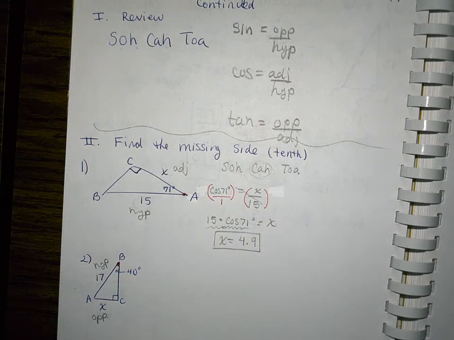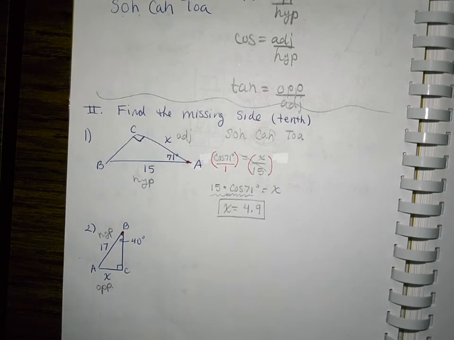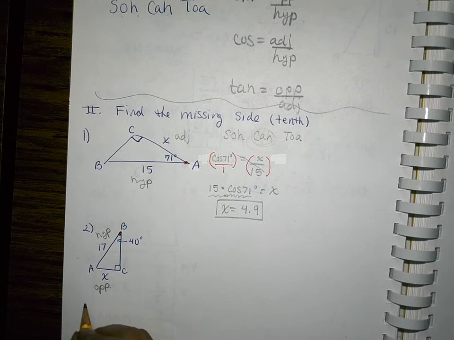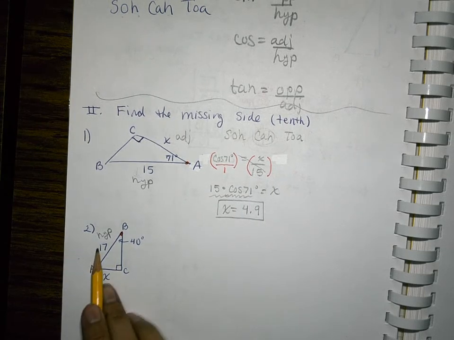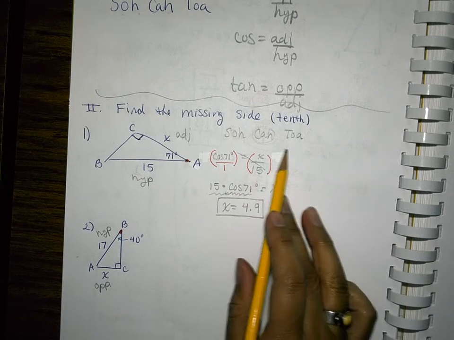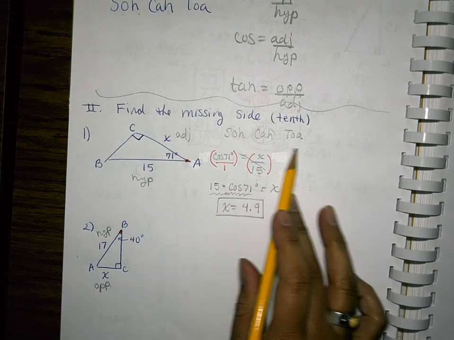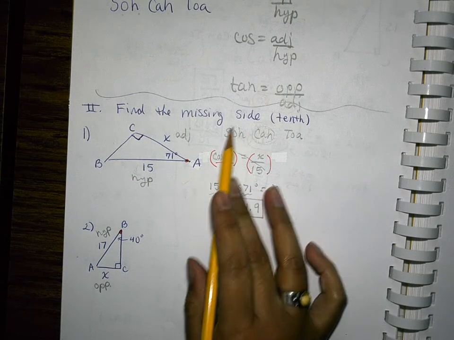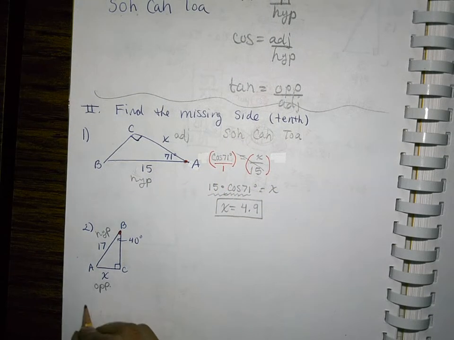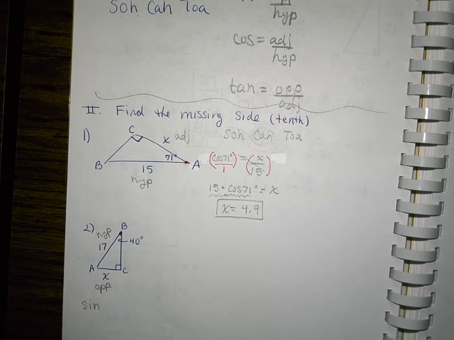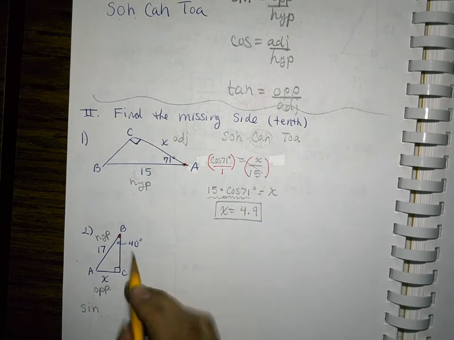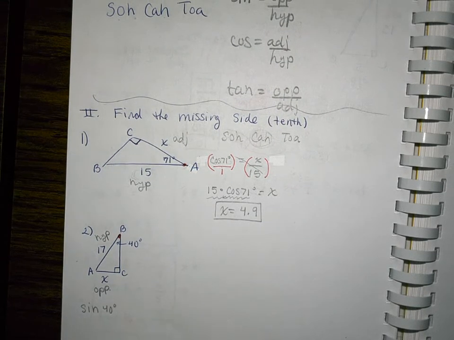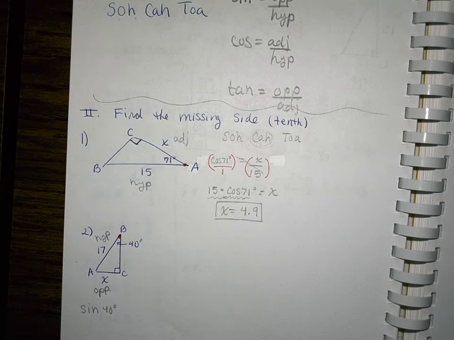Okay. So we're going to set this up. Let's figure out. I have opposite and hypotenuse. So let's come up to our SOHCAHTOA. Which one here is opposite over hypotenuse? I'm hoping everyone's recognizing it's sine. So we're going to do sine of an angle. And what angle are we using? The 40. Sine of 40,